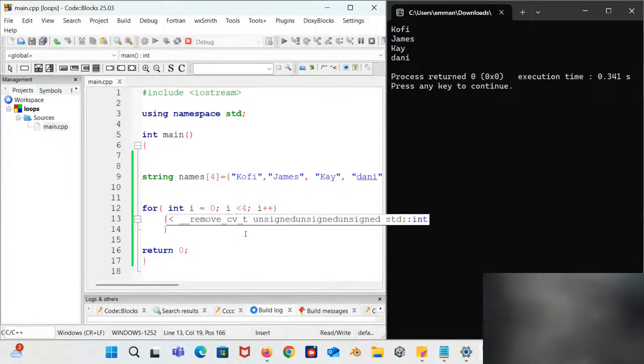That is our statement 1. So it's going to execute this one, that is printing out the first element. Then it will come here, add one value to i, making i 1. Is i less than 4? Yes. It comes and does this again. The same process will keep on happening until we have all our elements outputted here.